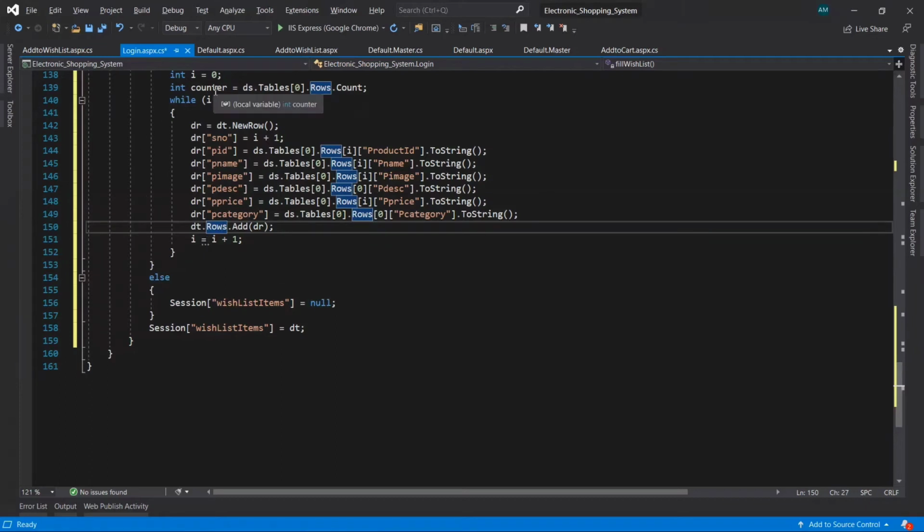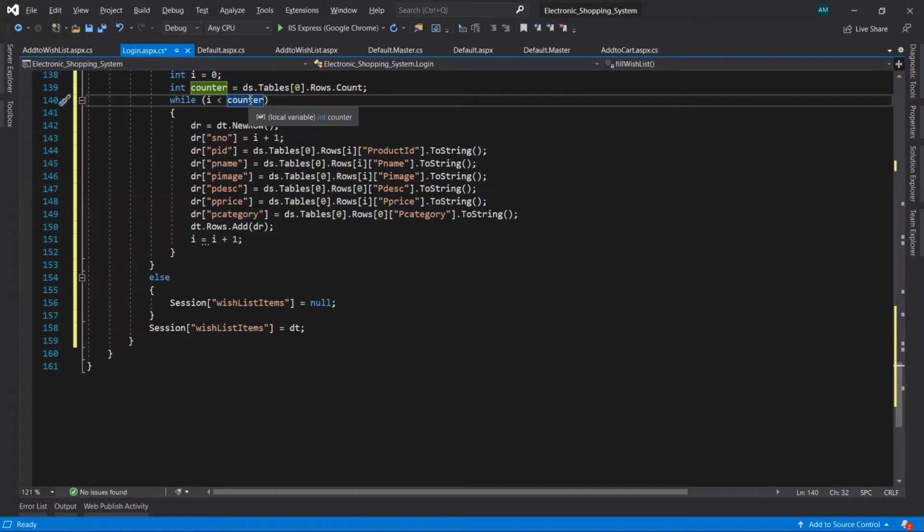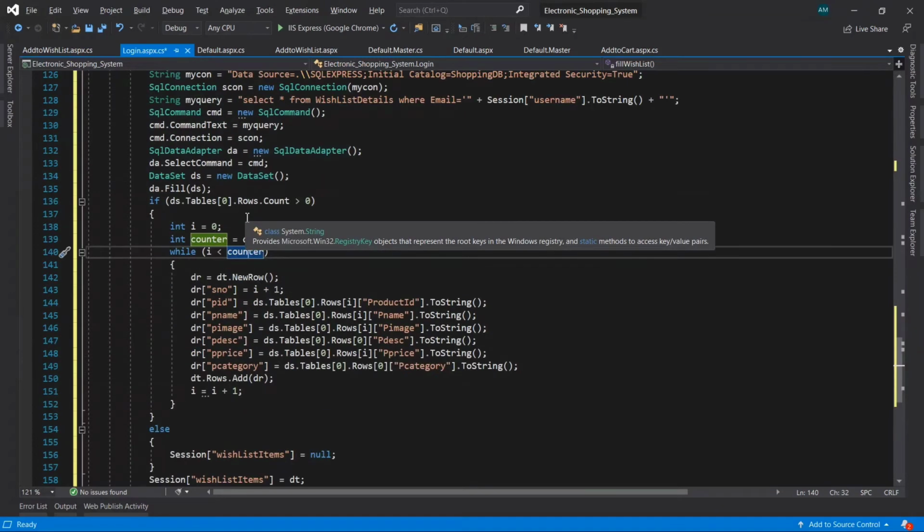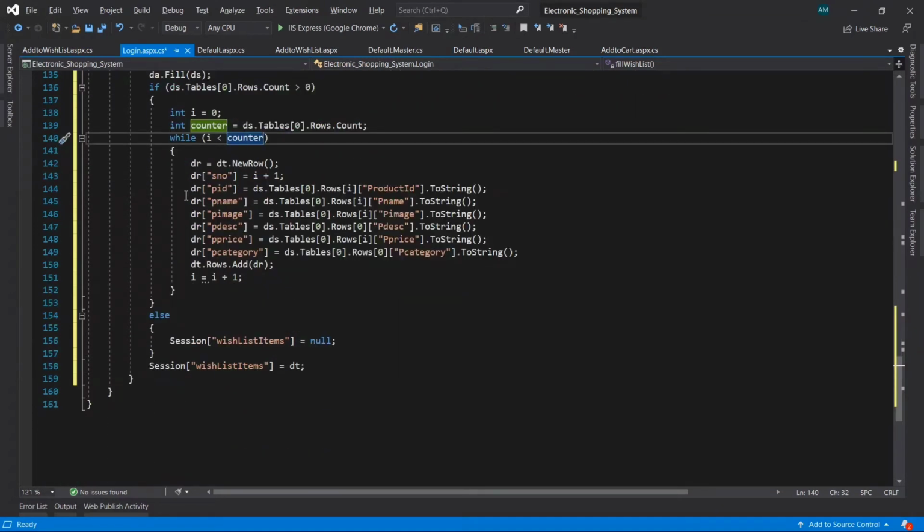Now it will again go to the while loop and check the value of i, which is 1, against the counter. If it is not less than the counter, it will not go into this loop and will come out of it. If it is less, then it will again go into this loop. So like that it will continue until the condition matches or not.